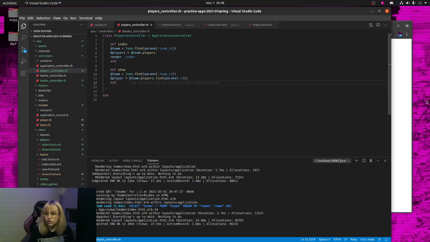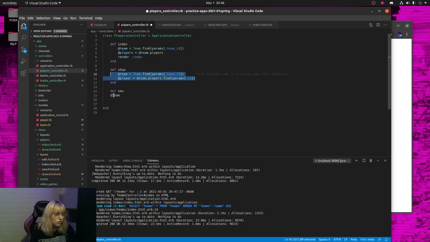So we're gonna save that and we're gonna go to our controller and we're going to add a controller for new. So def new. Oh, these are all supposed to be indenting. I'm really surprised it's still working. Oh my god. Team equals team dot. You know what? We're gonna. Oh my gosh! I don't even have it rendering. Okay. It's not supposed to render? Yeah, it's not supposed to render. Okay,